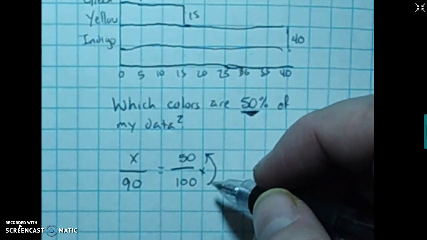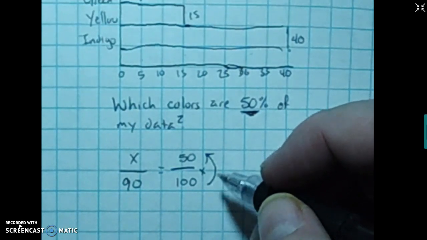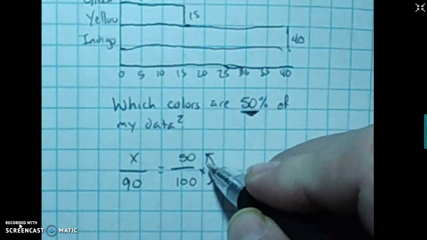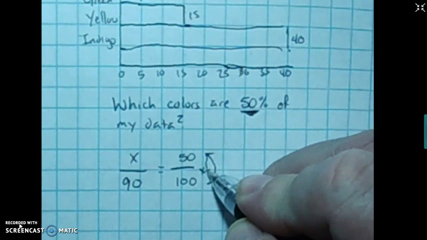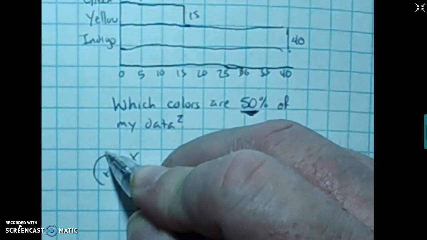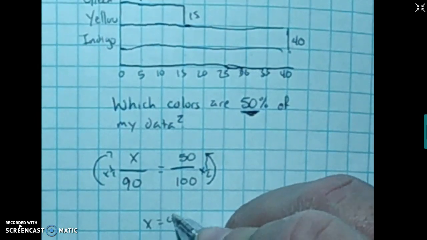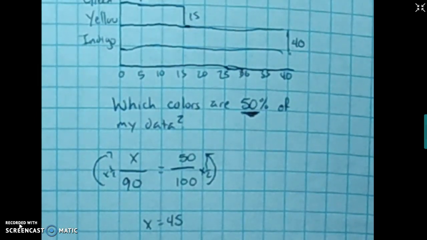Dividing by 2 is the same thing as multiplying by 4. No. It's the reciprocal, which is what? What's the reciprocal of 2 over 1? Oh, 1/2. What's 90 times 1/2? 45. So x equals 45. What I need to know is which colors